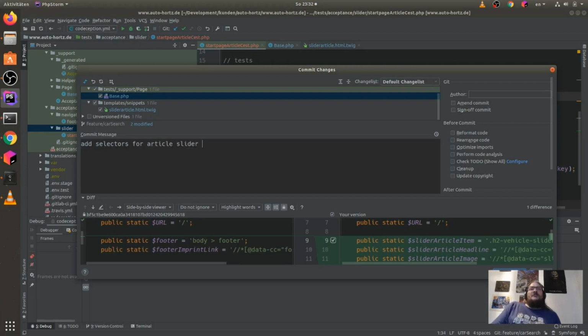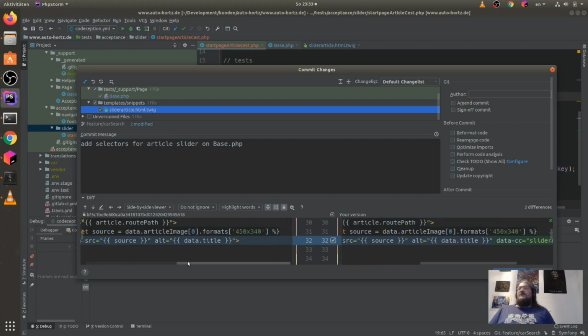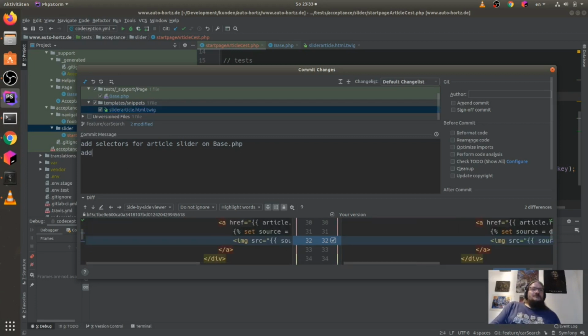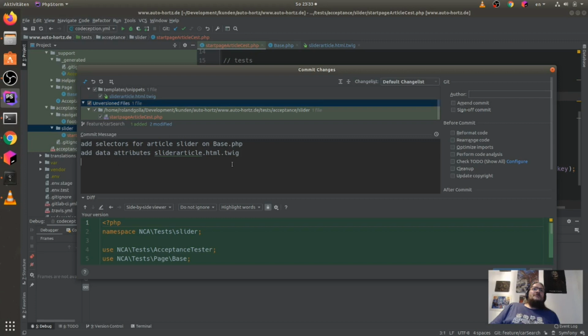Maybe this is okay here on our base.php file, and we also add here some data-qa attributes for our slider article HTML, and we add here the start page article test. Start page article test. So here we go.